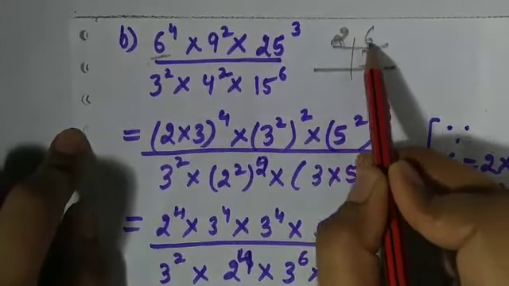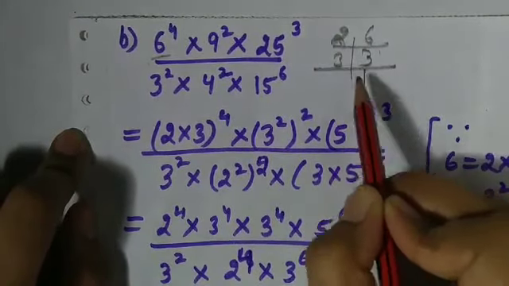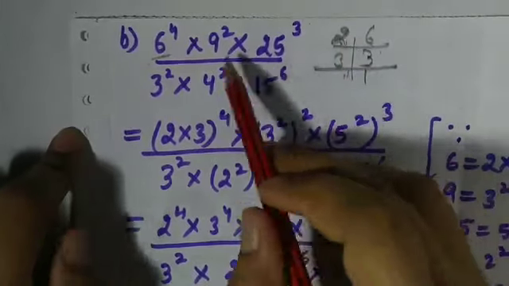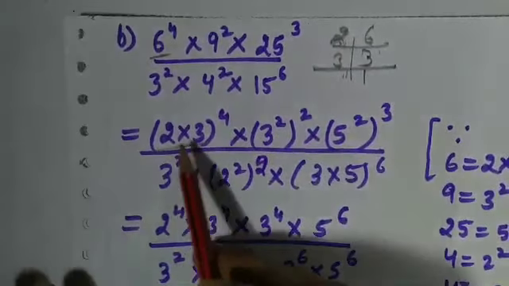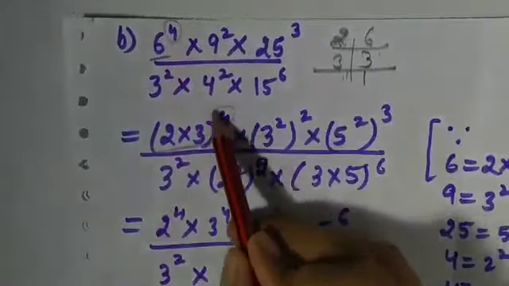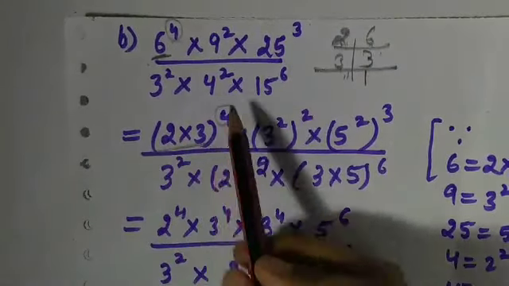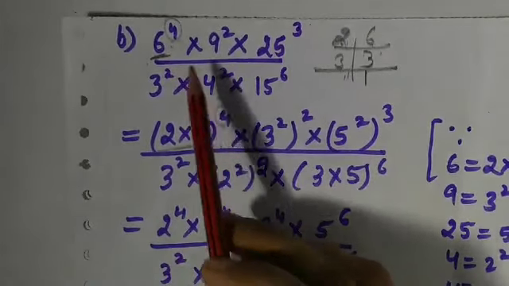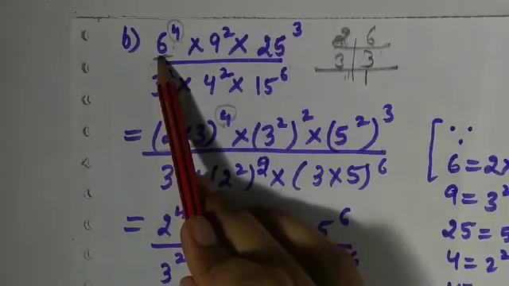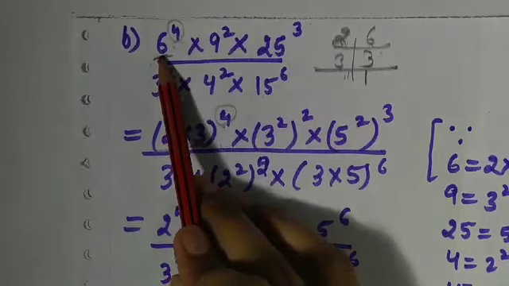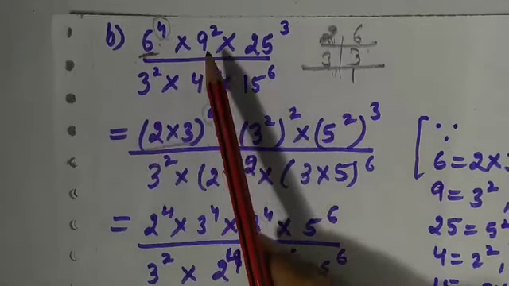It gets divided by 2 at 3 and this gets divided. So this is 2 into 3. 6 can be written as 2 into 3, and for 4 we have the power. I have just written 6 in the form 2 into 3 and the power remains the same. 2 into 3 is equal to 6. I have split 6 into 2 into 3, and next is 9 raised to the power 2.